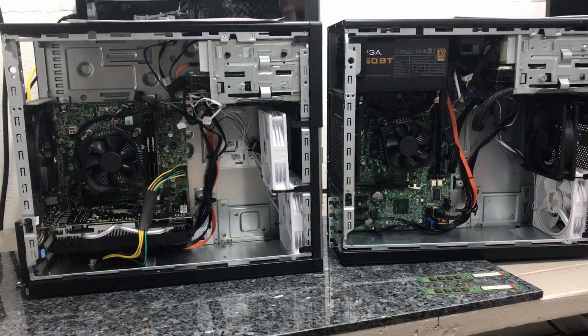Are the Dell Optiplex mid towers still good in 2025? I say yes, and this is why this video exists. So I got these for 15 bucks a piece. They came with a hard drive, keyboard, monitor and mouse, believe it or not, from a video editing place